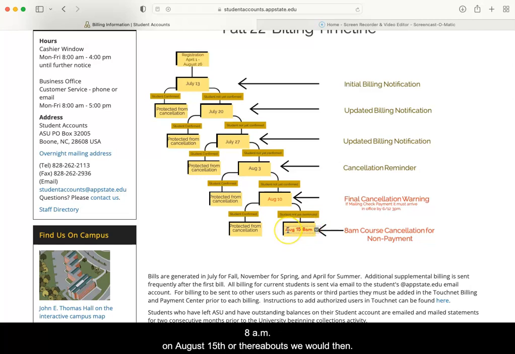At 8 a.m. on August the 15th or thereabouts, we would then perform the schedule cancellation process that's required by the state, and we would delete the courses that the student has been registered for due to non-payment. At that point, there's really not a way to get those classes back. So this is incredibly important. Once a student is canceled and has their courses canceled, the only thing that the student can really do at that point is, assuming they have no prior balances, which new students would not,